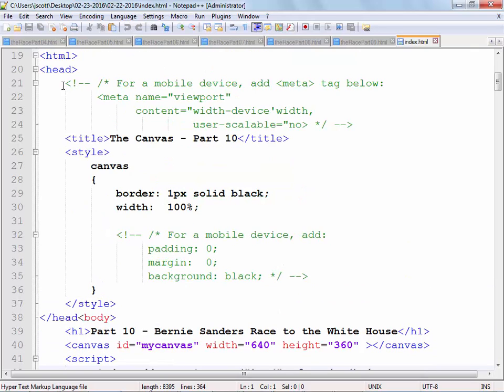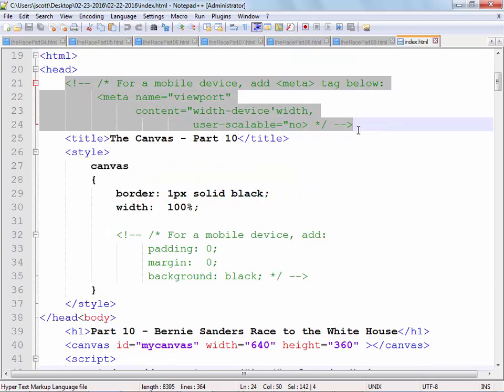And if you notice, I've got this stuff that allows it to be, that's what we'd want to turn on or turn off if we had it on a mobile device. All right. And what's weird is I found out by putting in just the HTML comments, not these other comments, but just the HTML ones, when I ran it, those things still ran. So I had to actually embed comments within comments here.